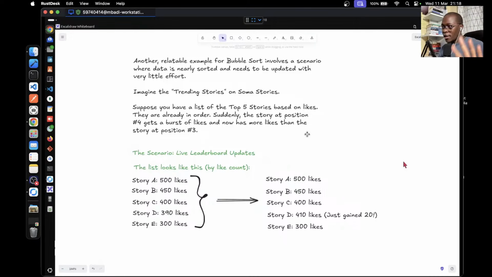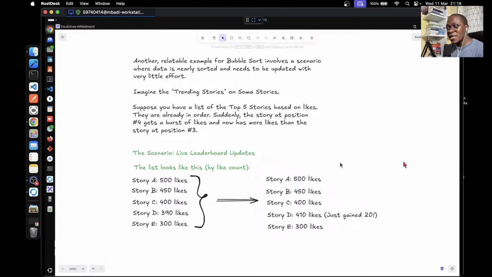So let's assume you've just entered this class and you're trying to understand what bubble sort is, okay? And you look at a real world example of bubble sort. We've already understood that bubble sort takes a list of not so well organized items, and then it sorts them chronologically.